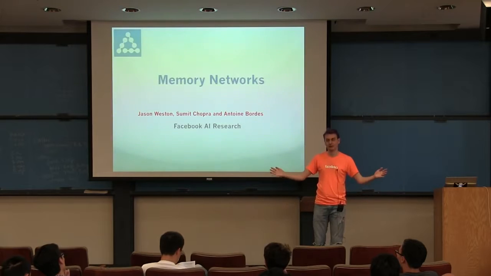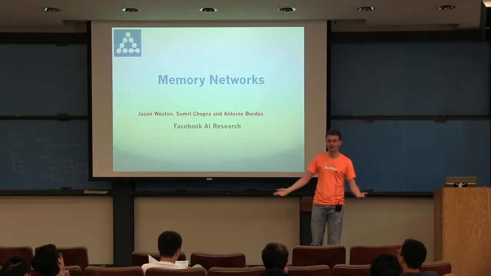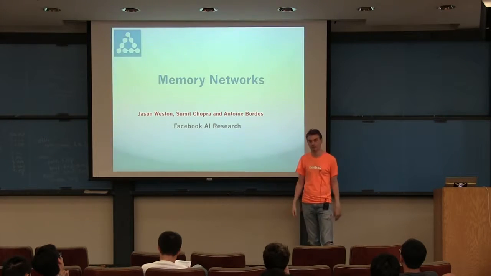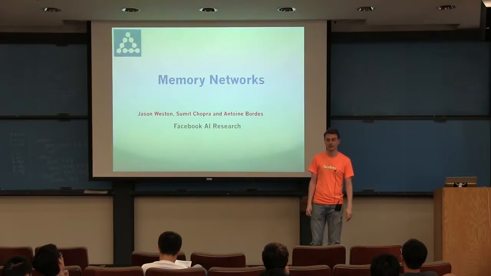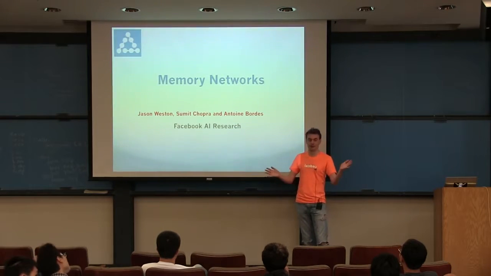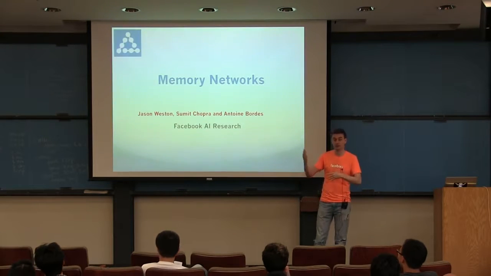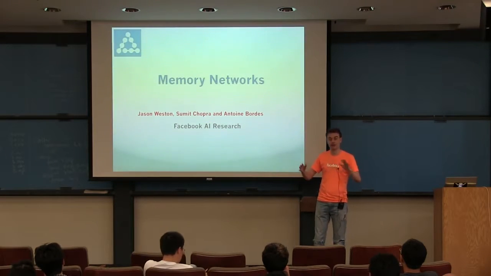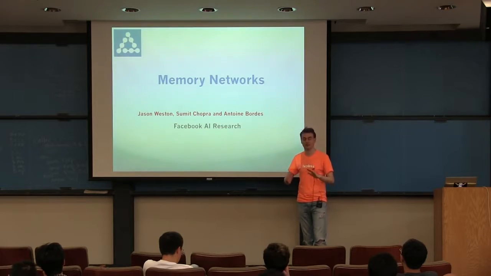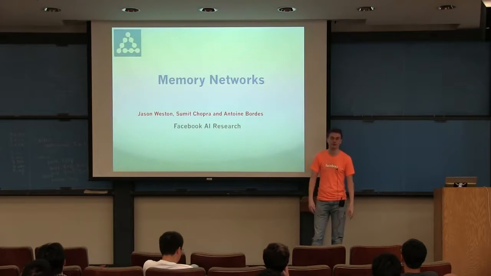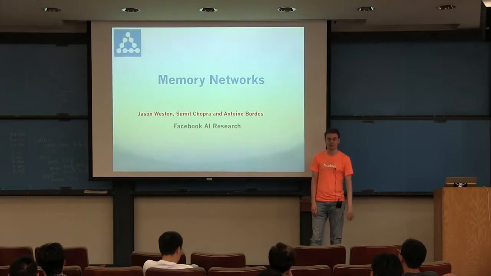A really simple example would be a factoid question, like where was Barack Obama born. You need some kind of memory to store all these facts, where all different people are born and what the capital of different countries is and so on. These are the traditional, information-retrieval way of using memory.